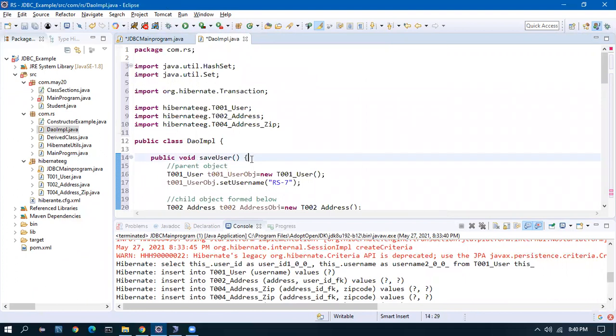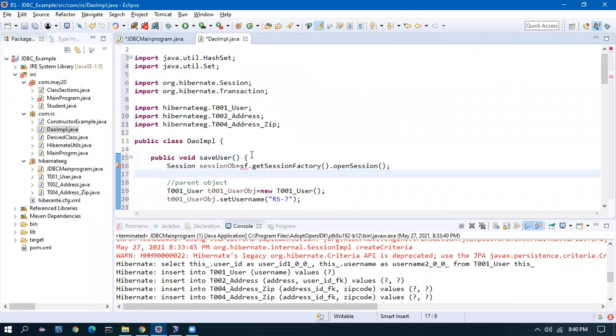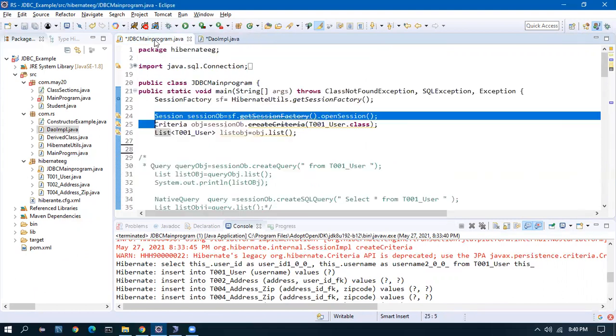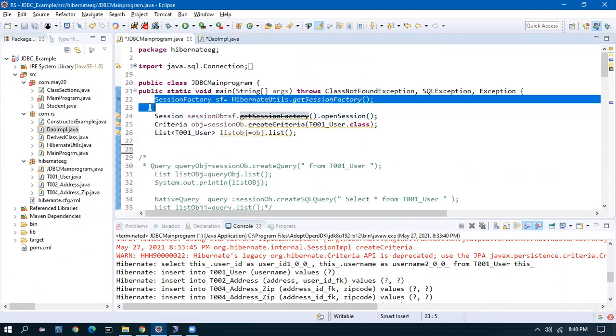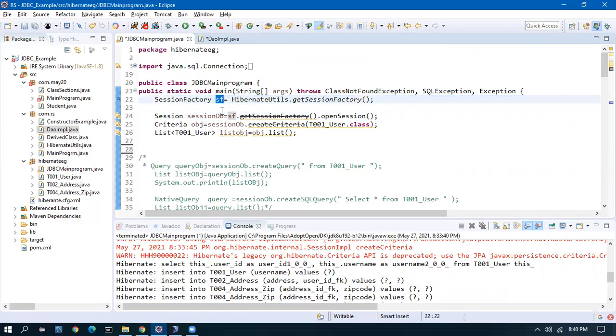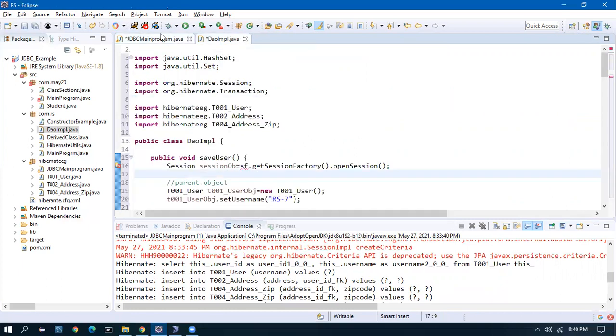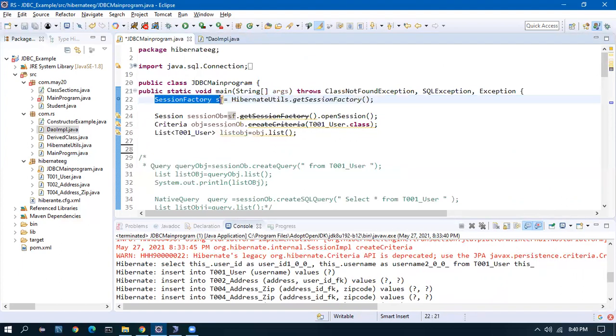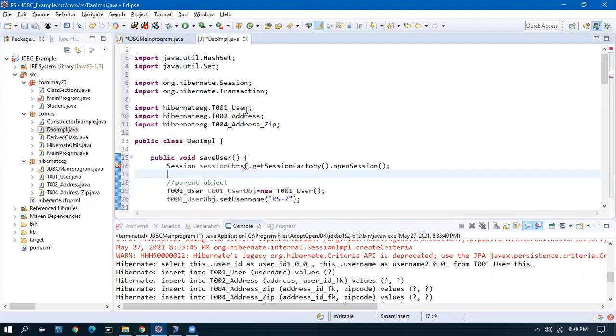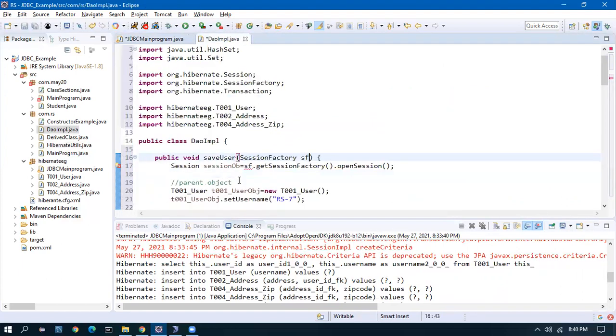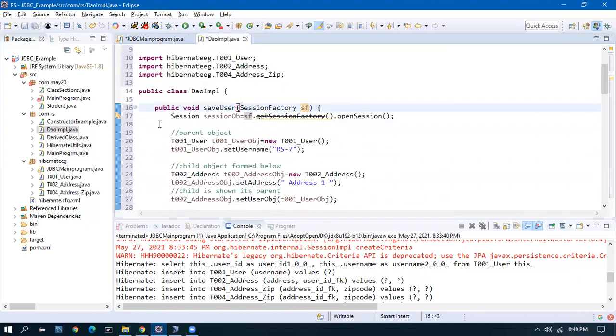Okay, so I'll move this session factory here. The session factory will be initialized here only. It's only one time. So I'll pass this session factory to the DAO. So this session factory I'll use, and I'll create a session.